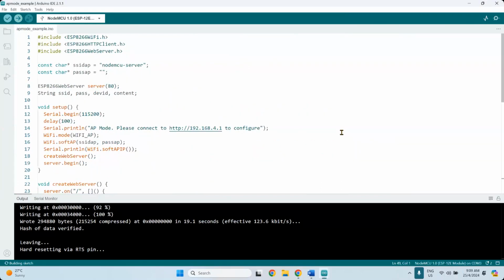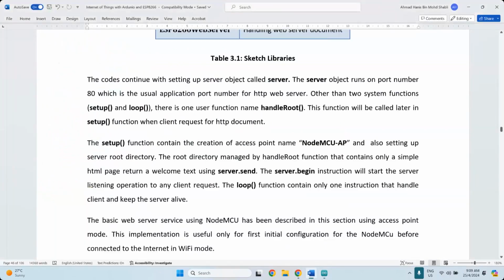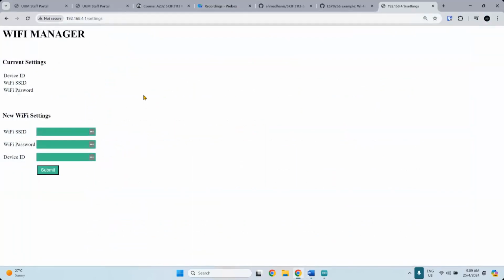Your SSID, if you want to change to a different SSID, you can. So instead of the known MCU server, you can change to a different name through the Wi-Fi configuration that we have here. Through here, you can load the data back. The data will be here, and then you can either save back the data and put all the data there. So this is what we call a local web server.